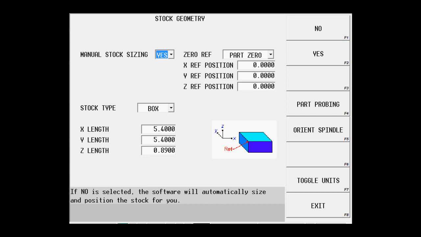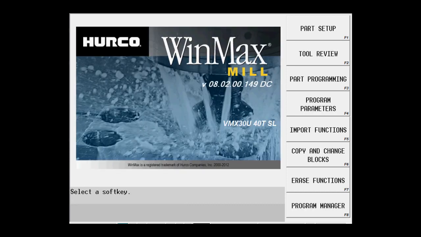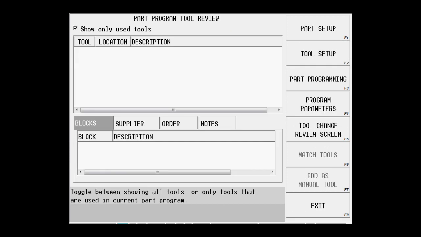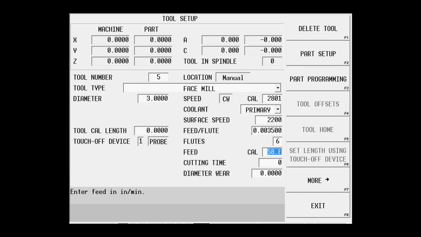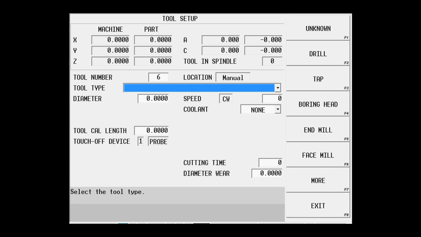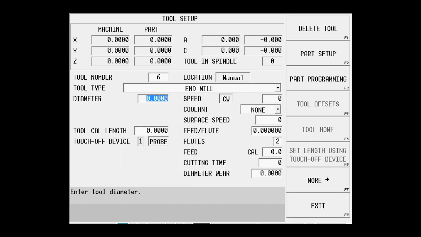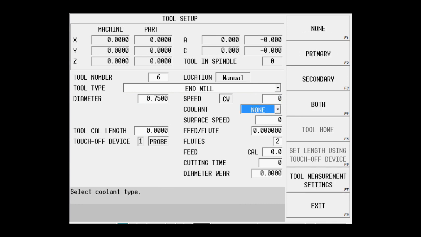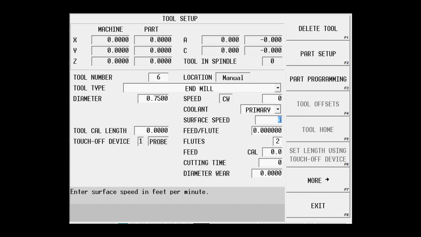Let's go set up some tools for this particular part. Tool Review, Tool Setup. We'll go to Tool 6. We'll make that a 3/4 center cutting end mill. So pull down end mill, 0.75. I'll skip the tool cal length, put a coolant condition,